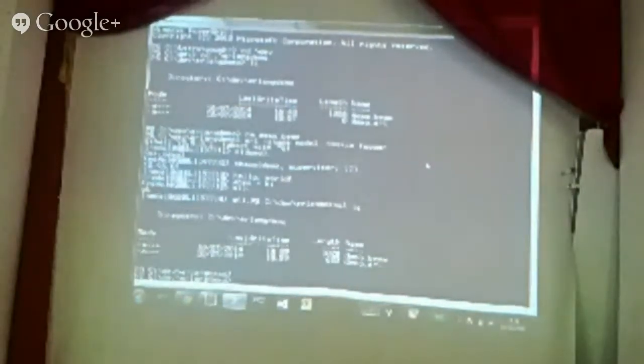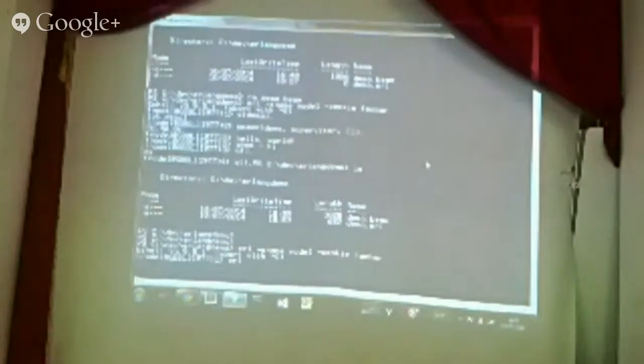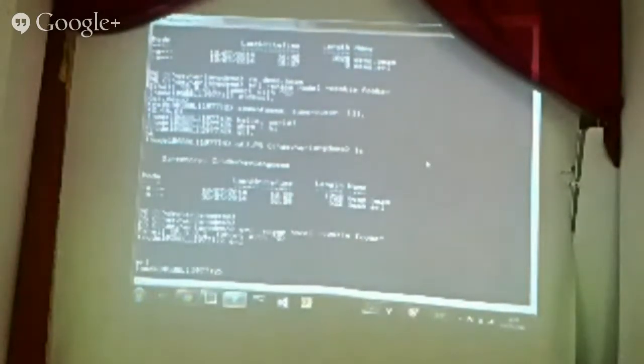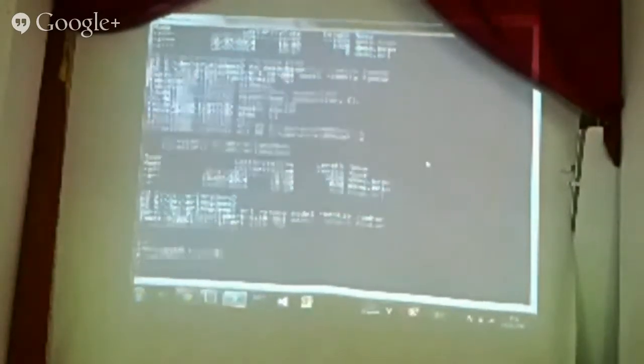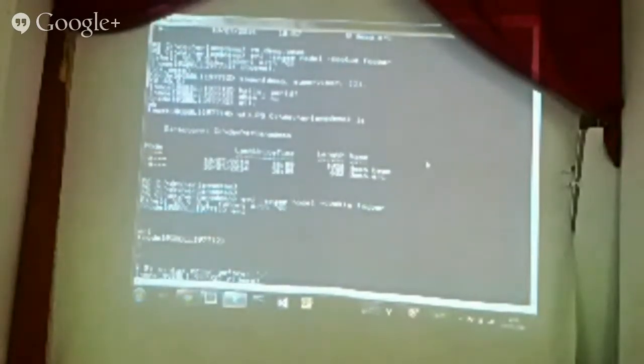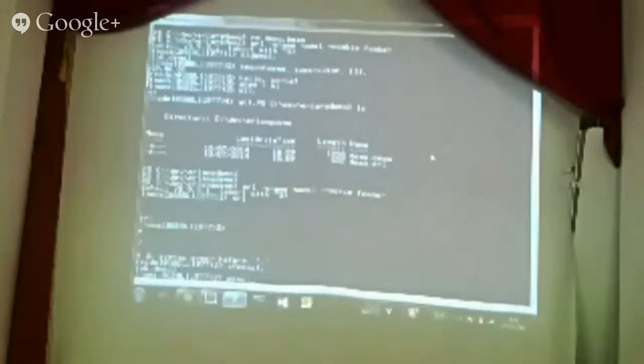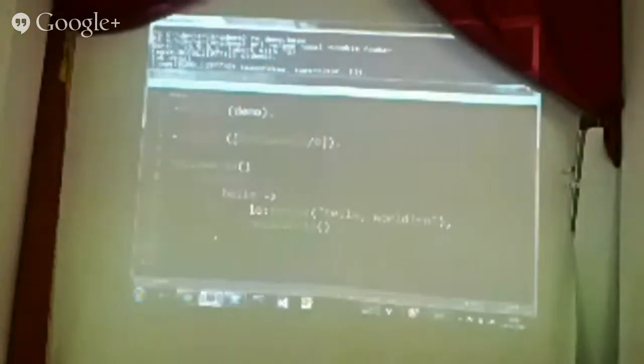Sorry, I'm just going to fire up an Erlang shell so I can try this out. Oh, I'm already in an Erlang shell, so that's handy. Okay. There we go. Right. So if I load that code, that just compiles the code that's there, and it means it's ready to go now. And now I can call that. In fact, no, sorry. I'll go back to the code and talk through it a bit.